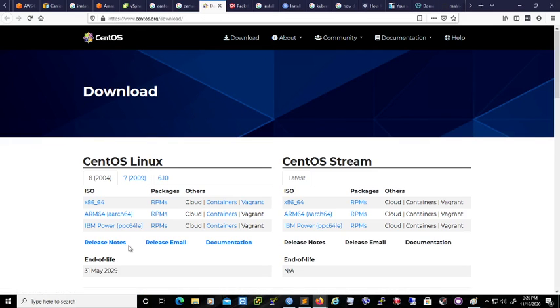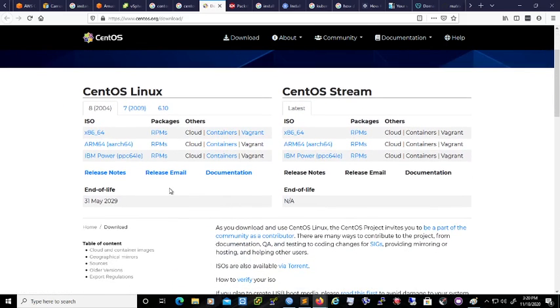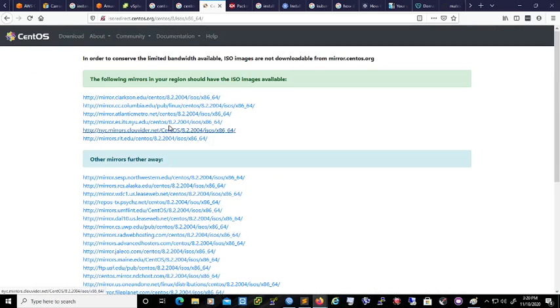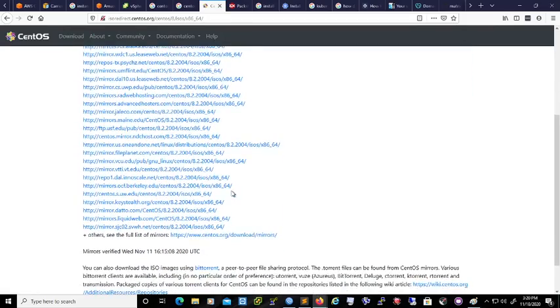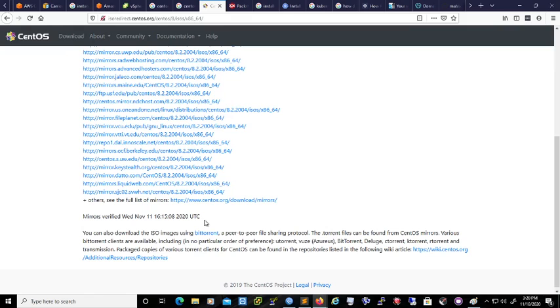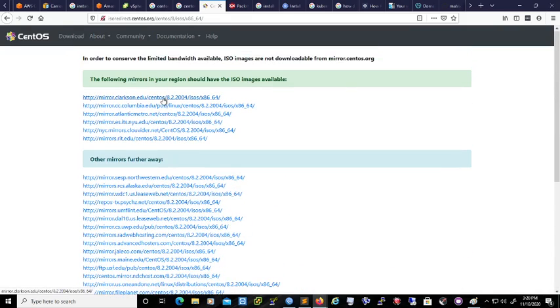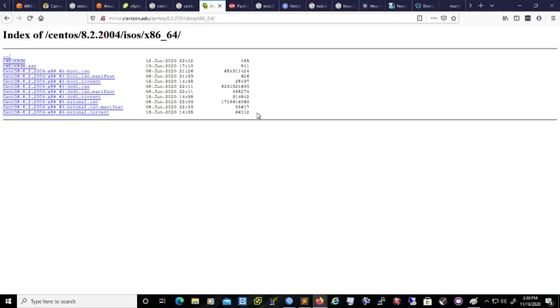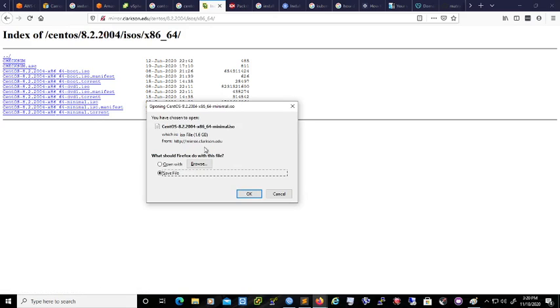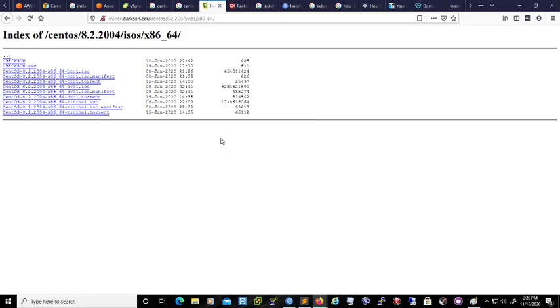Don't want to use stream. See, this is bringing me back here. Let's see what we get. Here we go. All right, so we want CentOS 8.2 minimal ISO, so we don't get the desktop. It's just a bare minimal server. I'm going to save this,